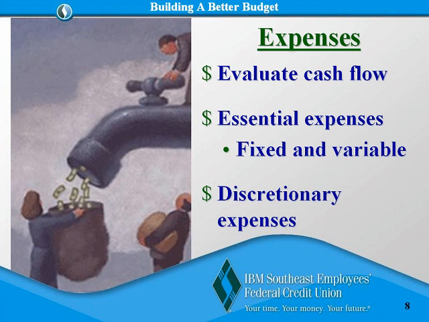Basically, what you're going to want to do on your expenses is you're actually going to have a chart that we're going to review here in a bit. You're going to see that you have 2 columns to work with. One for what you've been spending your money on, and the other for your proposed spending. What you need to do is evaluate your cash flow. You're basically going to calculate all of your expenses and subtract the sum from your current income on your monthly income chart. Evaluate whether you're over or under.